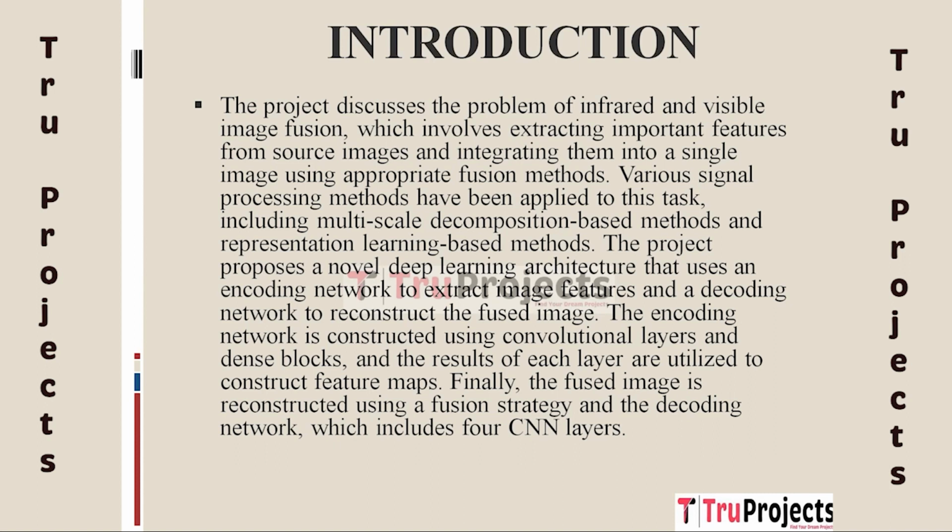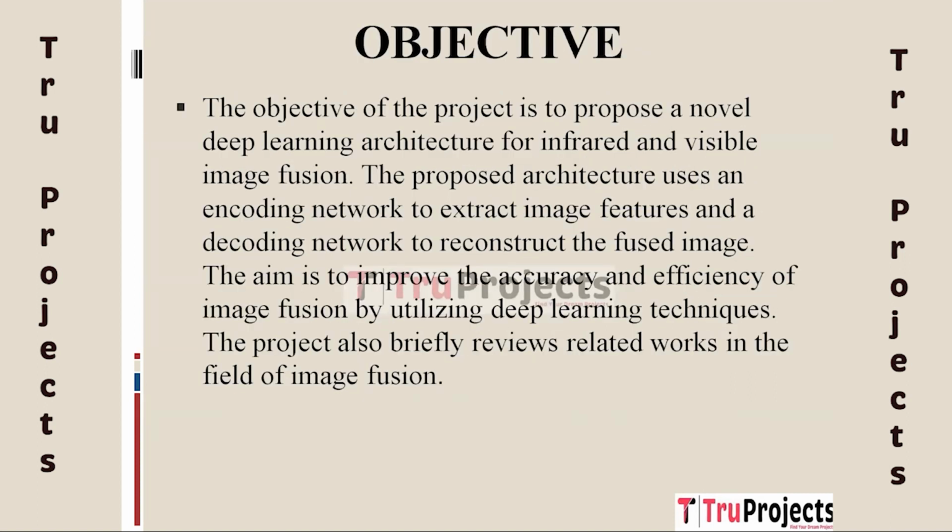Convolutional layers and dense blocks are used to build the encoding network, and the outputs of each layer are used to build feature maps. Finally, the fused image is rebuilt using a fusion approach and a decoding network comprised of 4 CNN layers. Objective. The project's goal is to provide a revolutionary deep learning architecture for fusion of infrared and